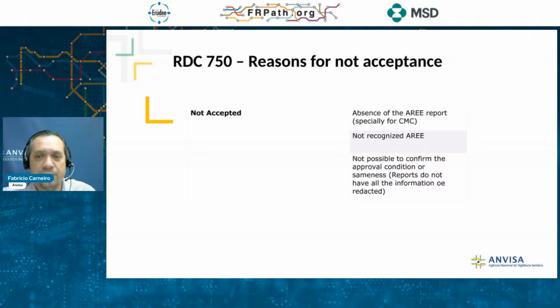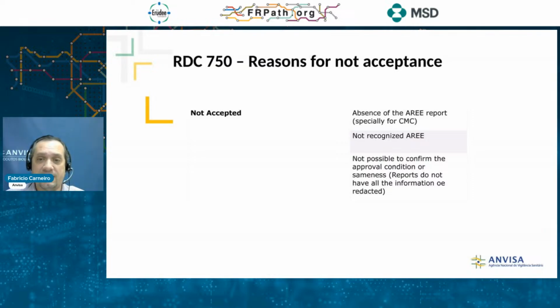And especially for CMC, because for some specific post-approval change subjects, some reference authorities do not release a report. So, of course, companies will not be able to present the report because it's not released by the reference authority in some situations. So it's something that we try to address in the final